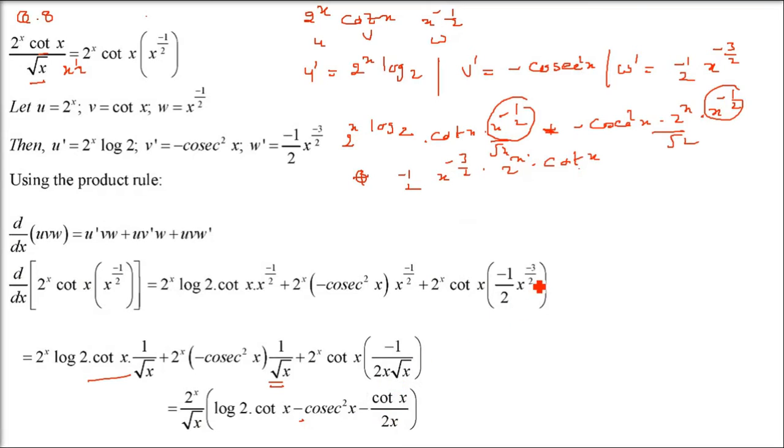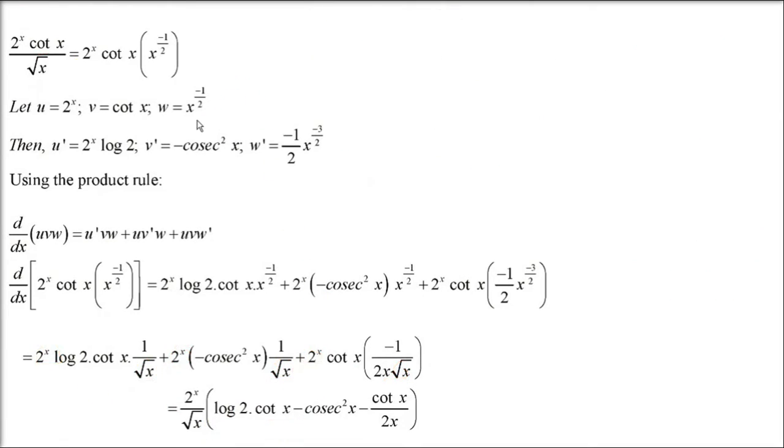So this will be 1 by x raised 3 by 2. X raised minus 3 by 2 will be 1 by x raised 3 by 2 in the denominator. We can write it as x raised 1 dot x raised half. So this is x to the power 1, x half is root x. So basically x raised 3 by 2 is x root x. Now you see here 1 by root x and 2 raised x is common everywhere. 2 raised x is here, root x is common in the denominator. So you can just take outside whatever is there, just keep it here.